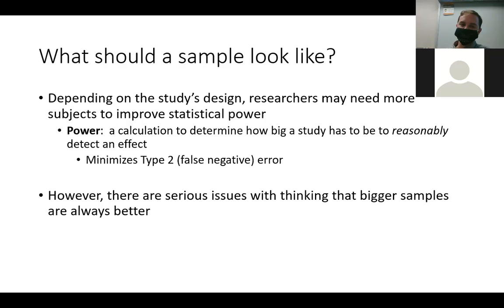But the power calculation basically says that you need a sample size this big to determine whether or not you're going to find anything, all right? But conversely, you can't have a sample that's too big, all right? Having a sample of 100,000 people sounds great, but also